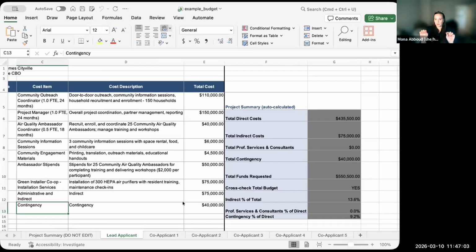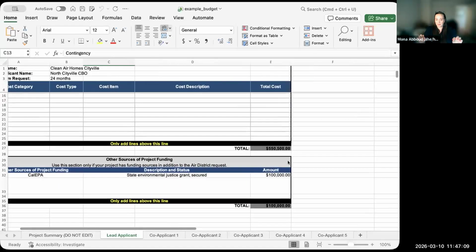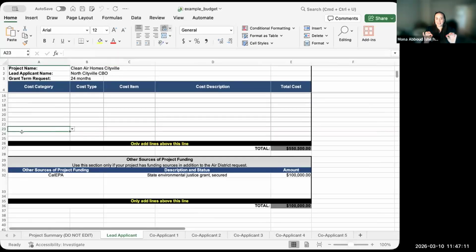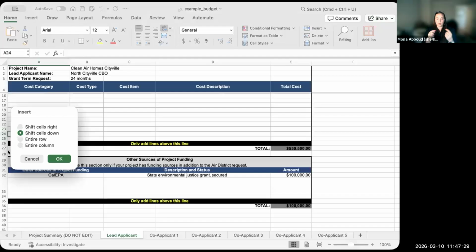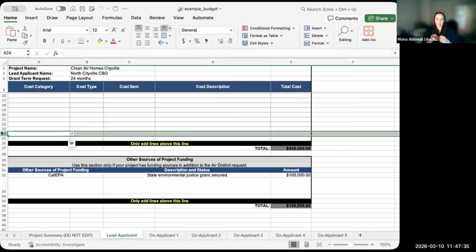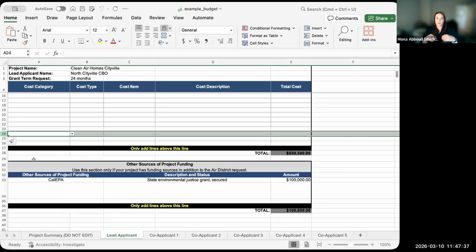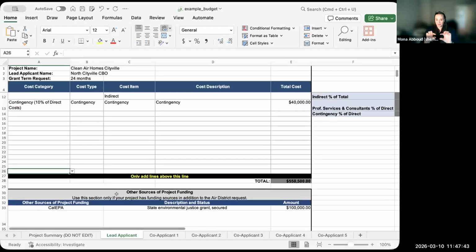And then Vanessa, if you can scroll down, so you don't want to edit that project summary, just let it calculate. If you need more lines, please add them above this, what's here, it's row 26. So you'll want to insert lines above that row so that it continues to auto calculate. If you submit lines below that row, it won't calculate and the budget will not be correct in what you submit. Okay, so you can highlight a row and click insert and it would go up. So you want to highlight the whole row, Vanessa. And then right click, insert, and now you're adding rows. And you could add as many rows as you need to complete your budget above this, only add lines above